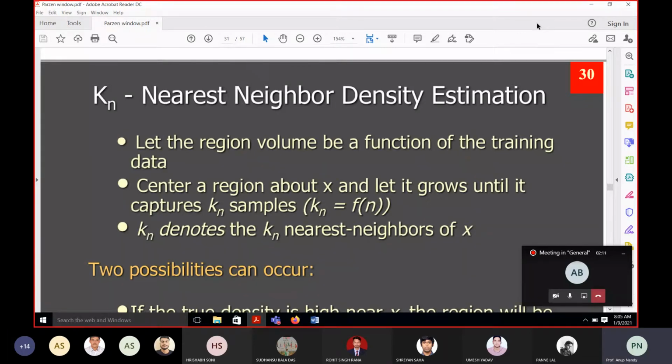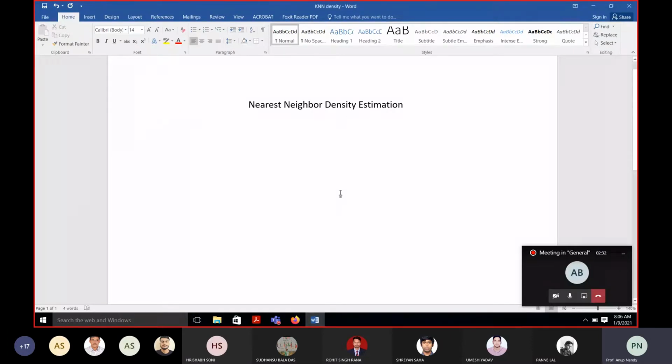Okay, so firstly, in the last class we have already seen the Parzen window. It is also a non-parametric model, and this nearest neighbor estimation technique also comes under the non-parametric model. Okay, so I'm just writing this down. So now, in order to recapitulate the last portion, that is